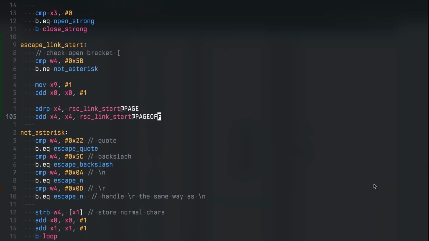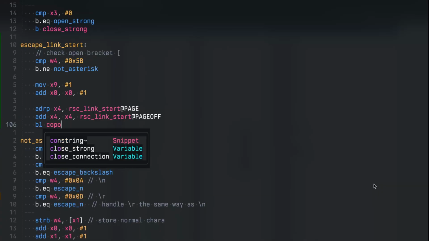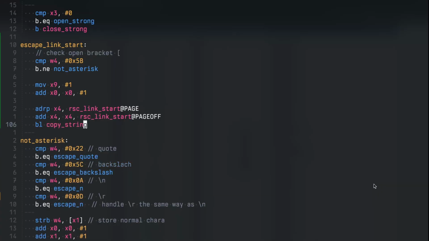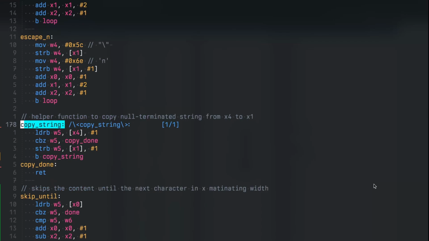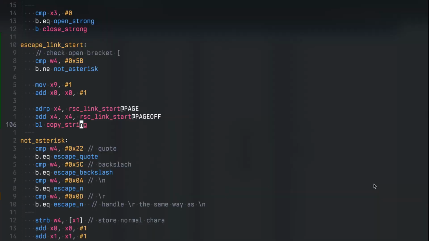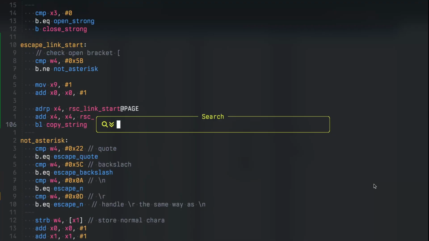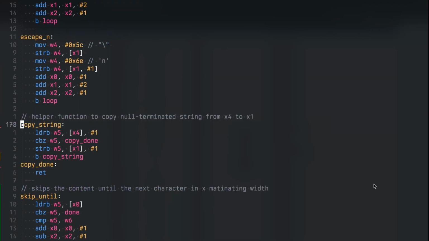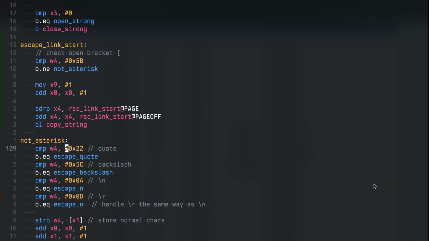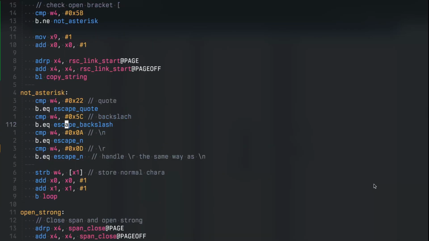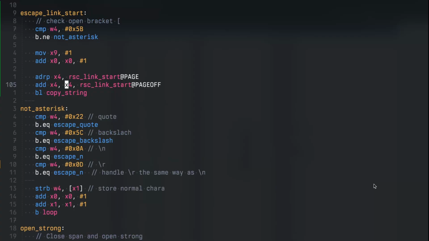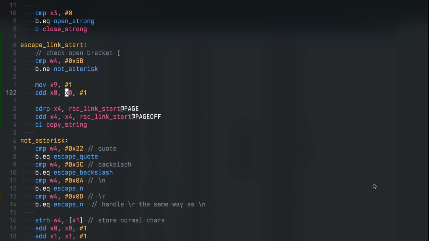So now we need to copy this buffer, which is the constant buffer, into the output buffer. I will do this with my own function. Thank you, Copilot. I just typed that like 15 times. This is a function which goes one by one, character by character, and copies the string. Notice that this is not go to definition. It's my personal remapping, which automatically jumps to the definition of the function. It's basically just doing a search by the current word and adding a colon, which is really fun, and in assembly works impressively well. So I can go to definition of any function automatically using the same mapping as I do in normal life, which is really nice. So now we call this function,